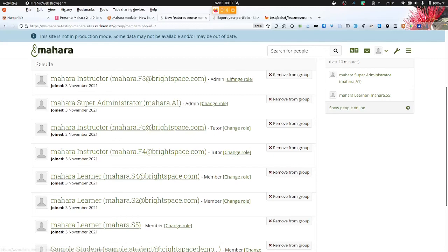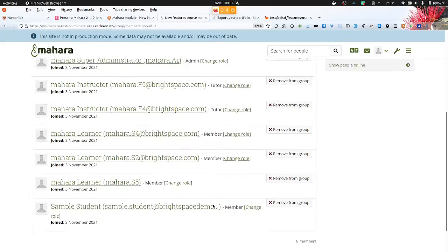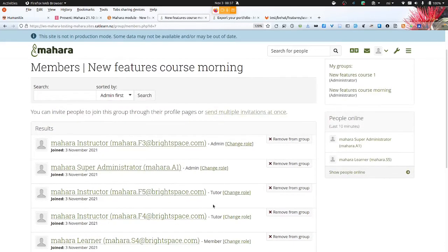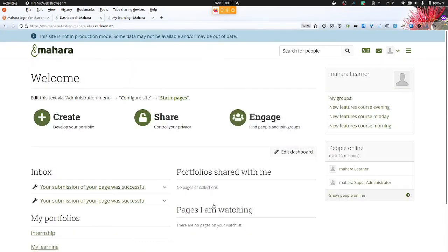So here we've got the instructors as admin. Currently I am listed as admin because I'm in there temporarily. Then we've got the tutors and we have the group members. So we are all set up to use that group for template creation and automatically roll templates out to students without requiring them to first log in. And that is where the names and roles provisioning service comes in so handily, because you can prepare all of that, create your templates, copy them into student accounts, and don't have to wait for everybody to log in first.